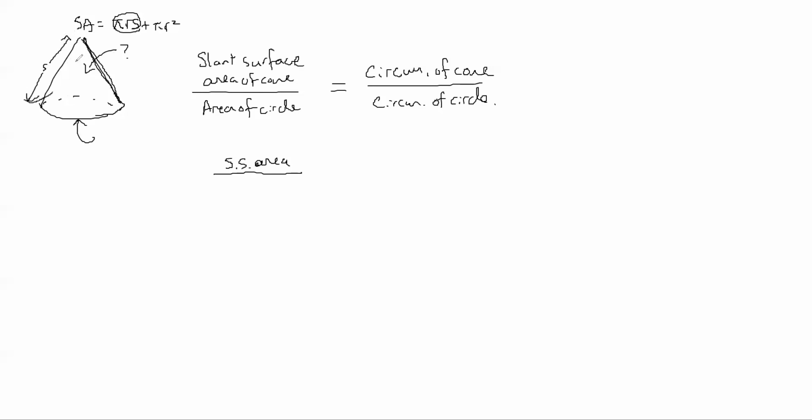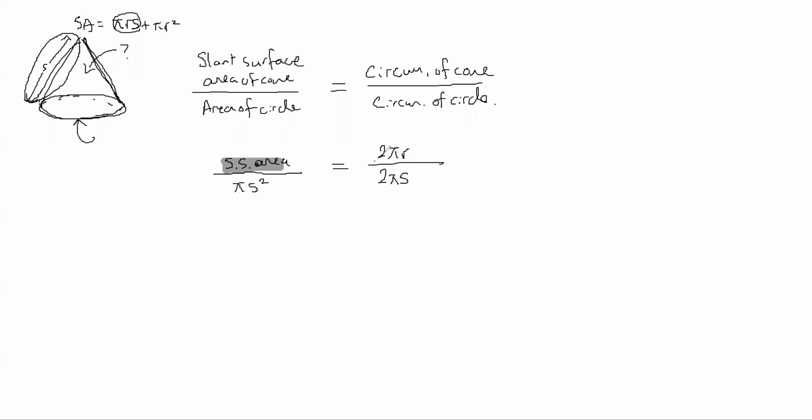But remember, the radius of that lateral, the slant surface, is represented by s. That's going to be pi s squared. Now, the circumference of the cone itself, this little rim portion, that would be 2 pi r, divided by the circumference of that circle. If it was a circle, it would be 2 pi s. Whoa. If this is the number that we are looking for,